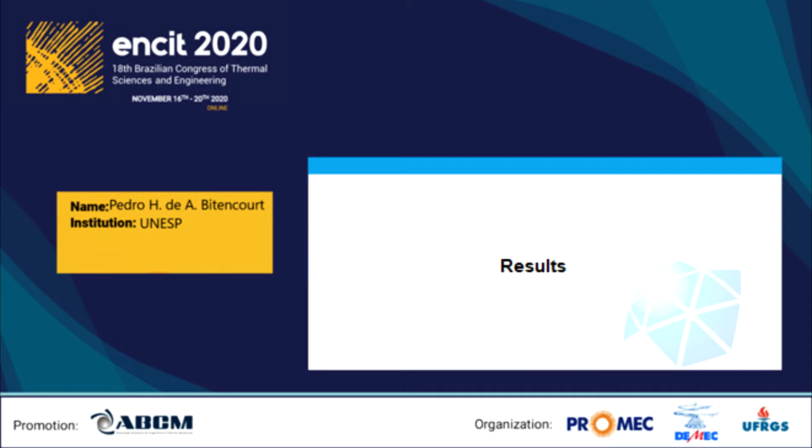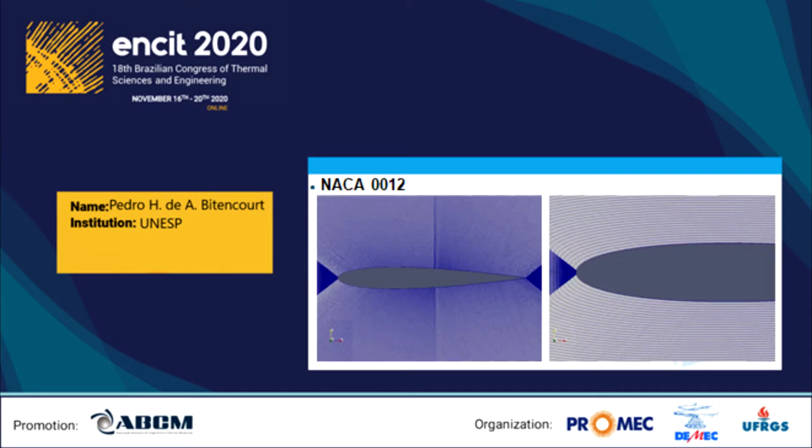Now I'm going to present the results. For the first test case, we used NACA 0012. Using the points of the airfoil and the methodology explained, the far field has a size 20 times bigger than the airfoil chord. The mesh displayed in the images was generated for a y+ value of 60, with approximately 2 million hexahedral